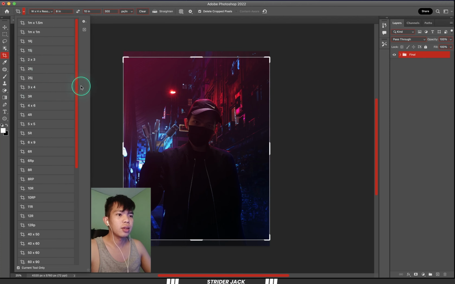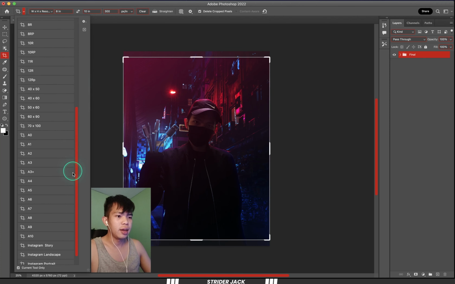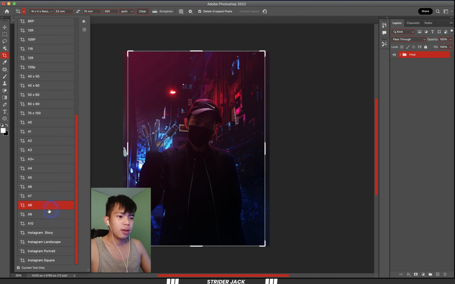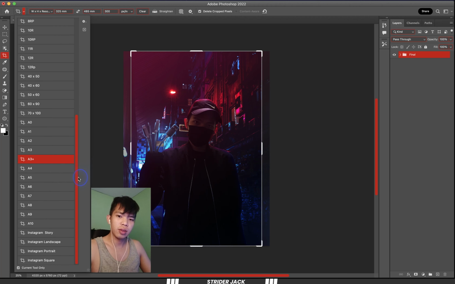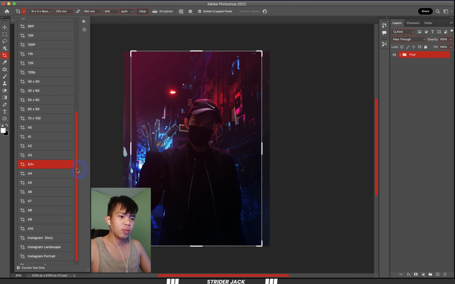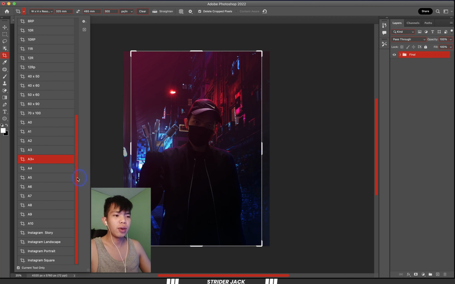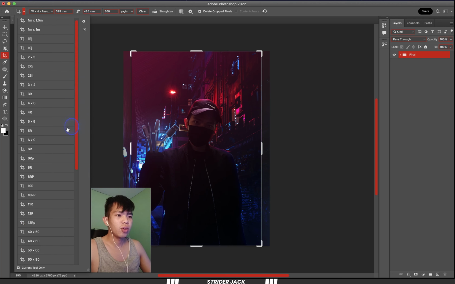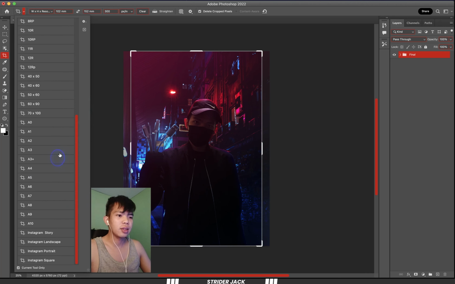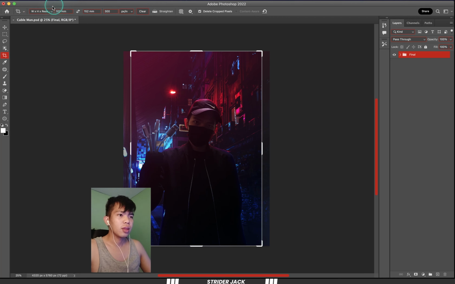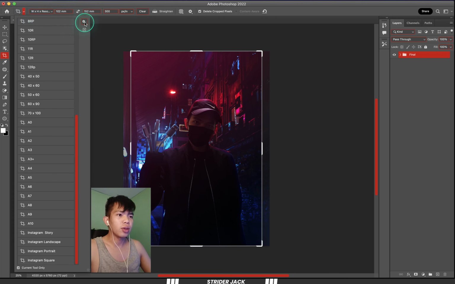Then you click this one and you can see that cropping tool preset. This is so helpful if you are a graphic designer, right? Or a photographer, or you work in a photo studio, and you can click this size. So for example, if you